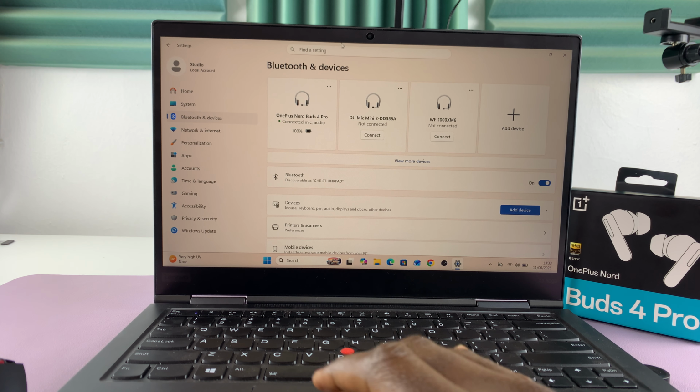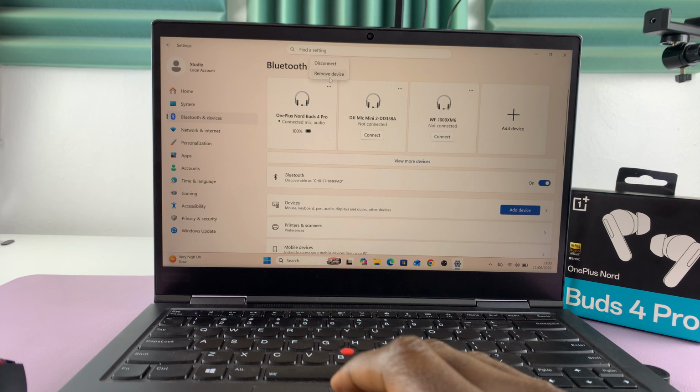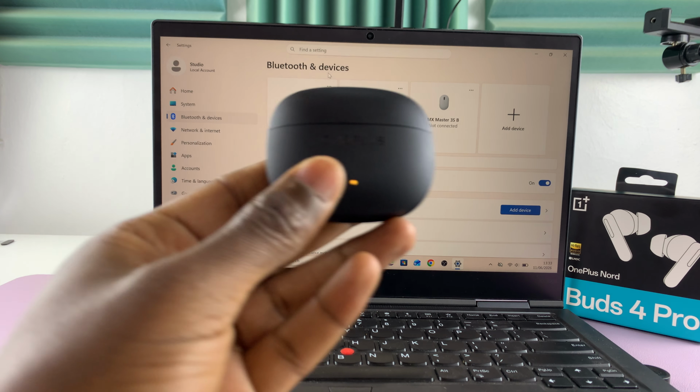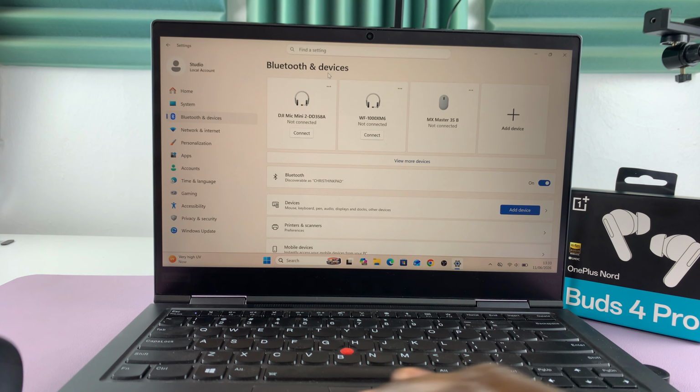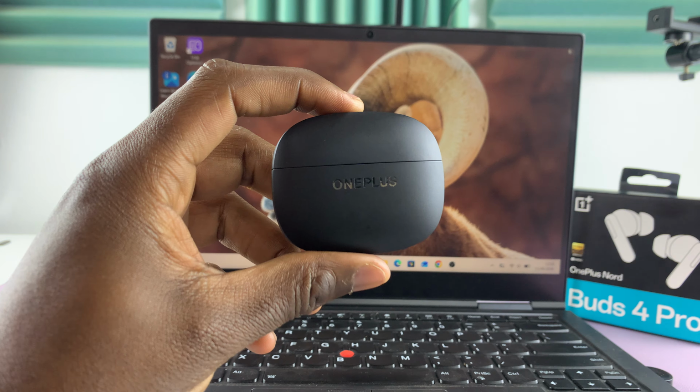So all you need to do so that that doesn't happen, for them to not connect automatically, is simply select that option once again, disconnect, and then remove device. And your device is going to be removed. Now to connect to your Windows PC or laptop, you'll need to set up that connection once again. But that's basically how to disconnect and unpair your OnePlus Nord Buds 4 Pro